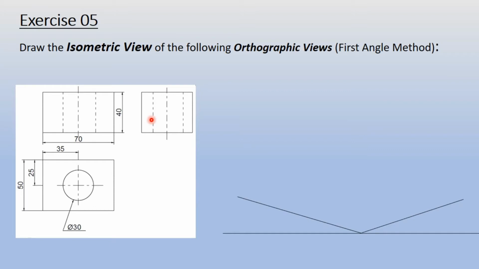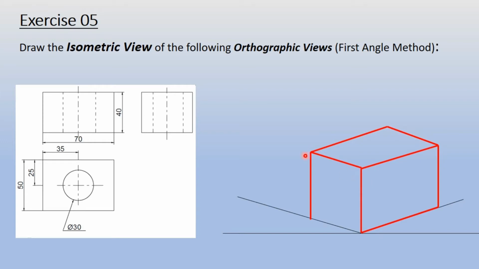As I have told you, I will first imagine the rectangle in the front view. This is the rectangle which is appearing in the front view, and I have completed the rectangle appearing in the top view. So this line here is the same as this line here. So this was easy. With these two rectangles, now it is appearing to me as a 3D shape. If I just complete the left hand side view, then it's almost done. The only thing left here is the central hole, which now I have placed.